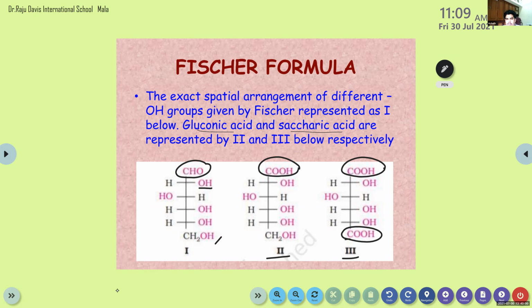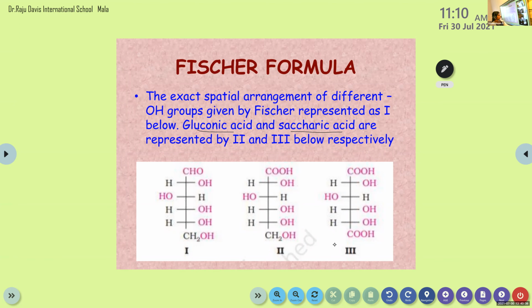Like what we saw in the equations, we are just writing the result only. In the previous class we saw the process and all. Those are the certain evidences that we are taking from those chemical reactions to formulate the structure of glucose. So those chemical reactions are also important. From those reactions we are able to conclude these points about the structure of glucose. Based on all these details, Fischer formulated this structure of glucose. Clear?